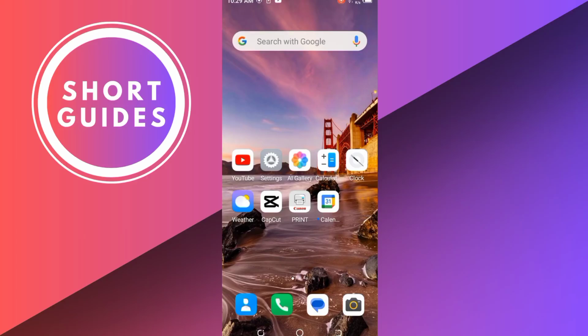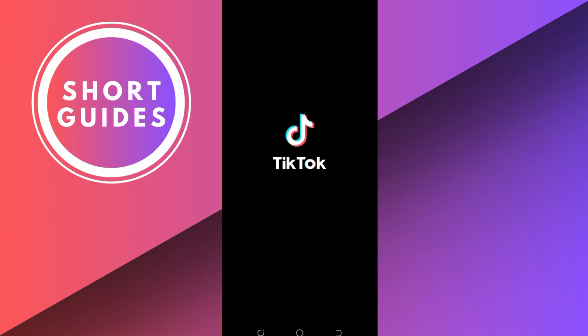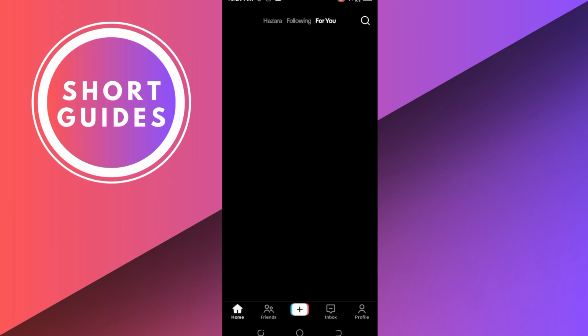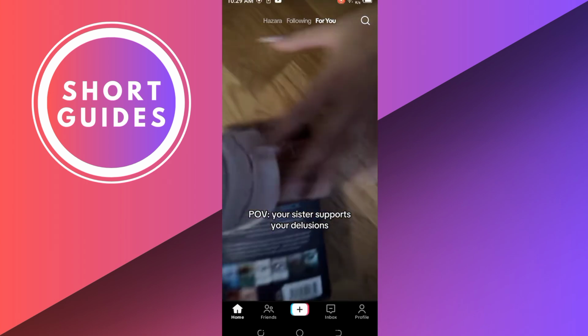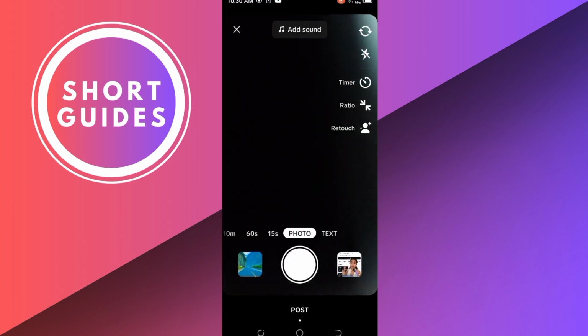In this video, I will show you how to upload widescreen video on TikTok for full screen mode. For this, first open the TikTok app on your phone and make sure that you're logged into your account. And once you're on the main feed, click on the plus icon at the bottom center to start uploading or